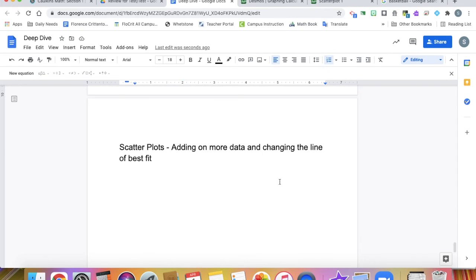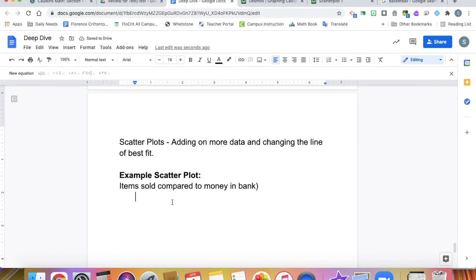Finally, there will be scatter plots on the test, and they make it a little bit weird by adding on some more data and changing the line of best fit. So I have an example scatter plot that is going to compare how many items somebody sold and how much money they have in their bank. And let's say that data set A